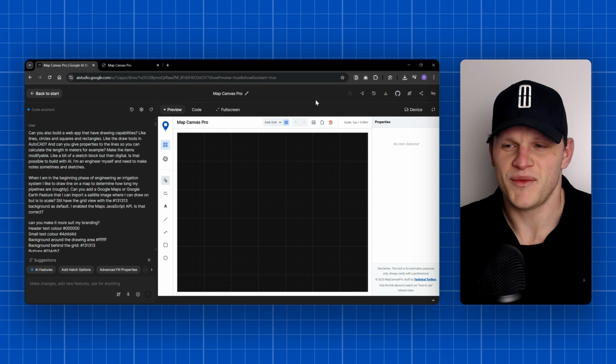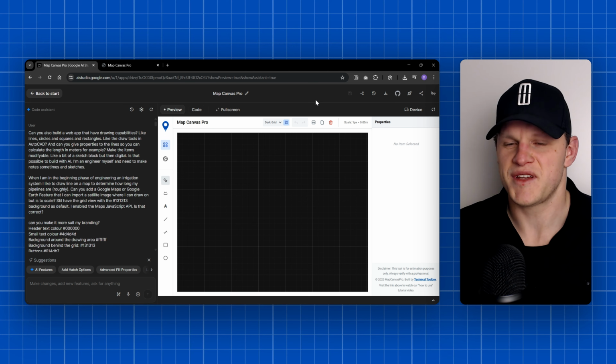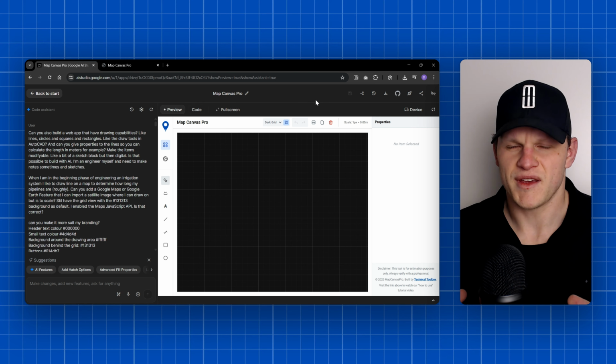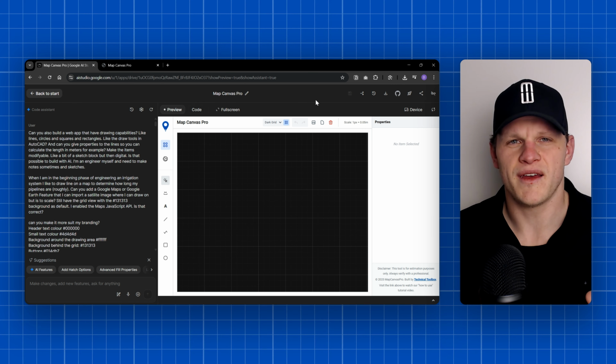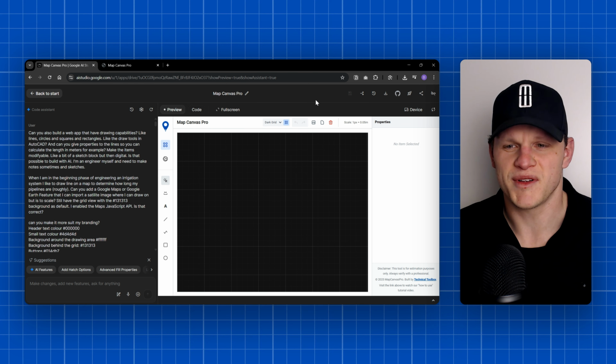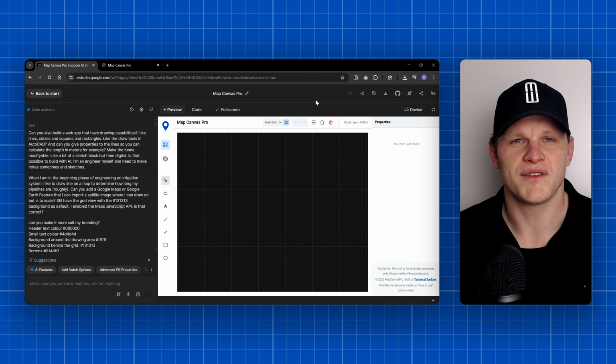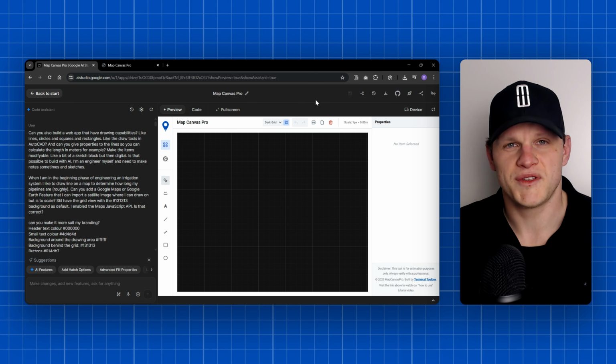Built a new app with Google AI Studio. It's basically a sketch block for engineers and sales engineers that work on technical projects and that want to draw something on scale on an area that they are planning to develop or build something on. I want to create something that you don't really need CAD skills for, but you can draw and measure something quickly and communicate something to the client quickly or communicate something to your team member quickly while still making it